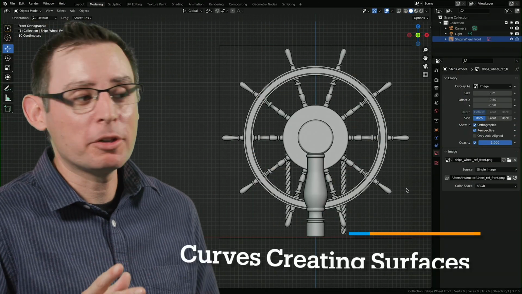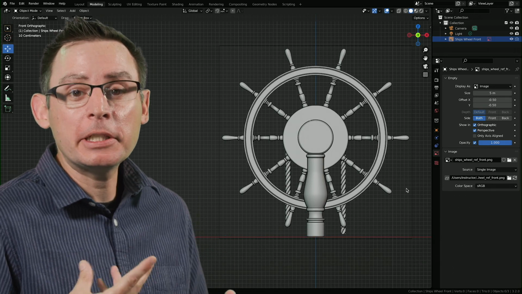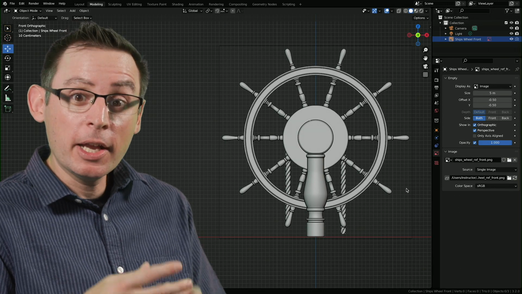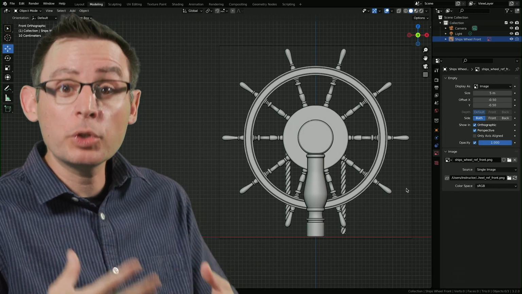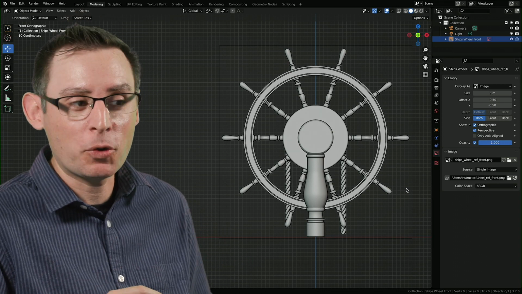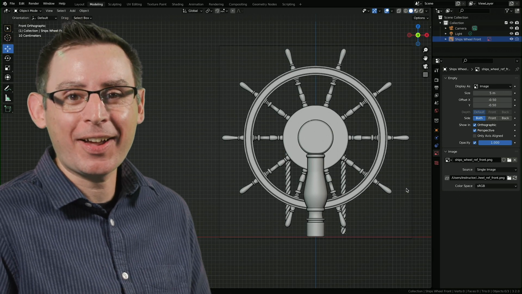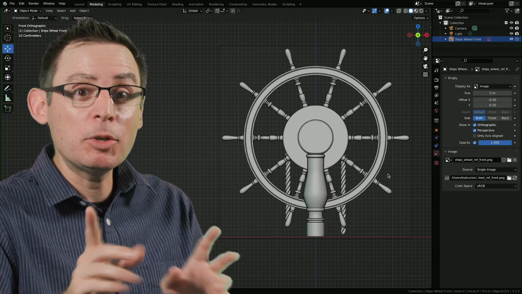Now that we have a little bit of an understanding of how we can work and edit our curves, let's use them to physically create some geometry. This is where the curve system really comes into play, because we can use these wonderful, smooth, organic shapes to create geometry, which is really kind of cool. And this geometry can be edited at any time while the modifiers and the curves are still participants of our 3D scene. Let me show you what I'm talking about.